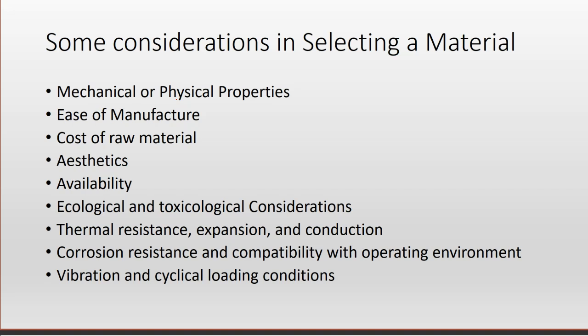When we want to select a material for an application, some considerations should be the mechanical and physical properties that relate to the required performance, the ease of manufacture, the cost, obviously, of the raw material, which affects the economics of the final product, the aesthetics, availability, ecological and toxicological considerations. Its thermal resistance, expansion, conduction, corrosion resistance and compatibility with the operating environment, and its ability to withstand vibration